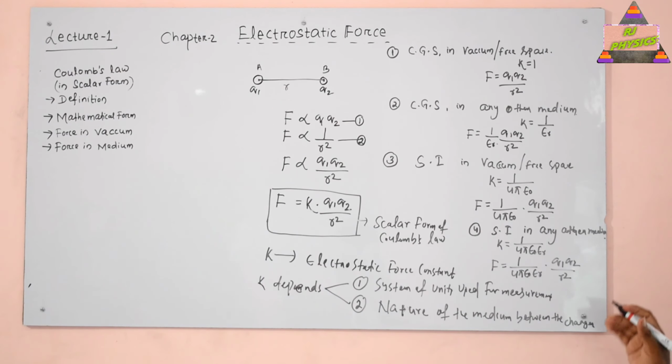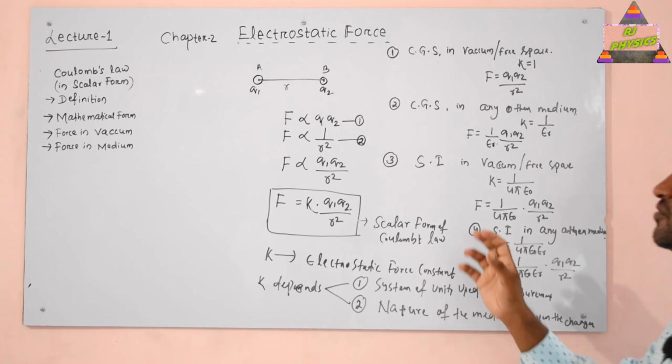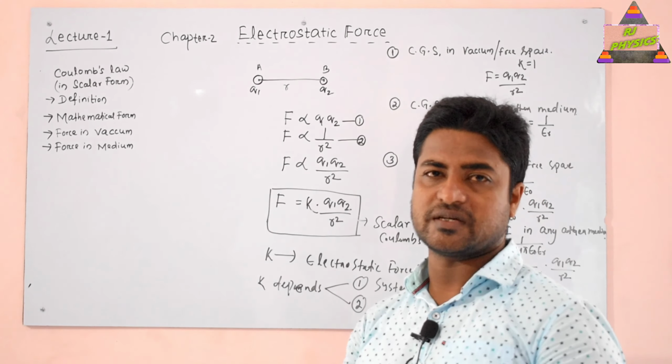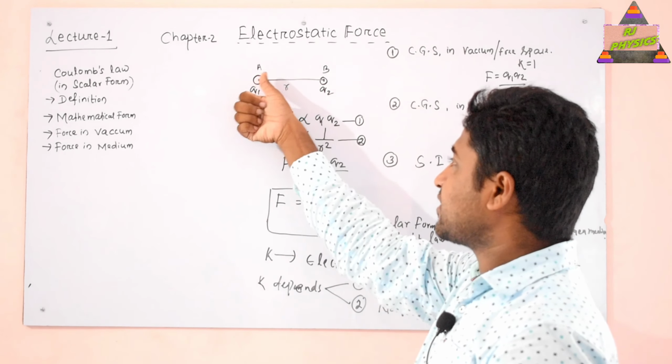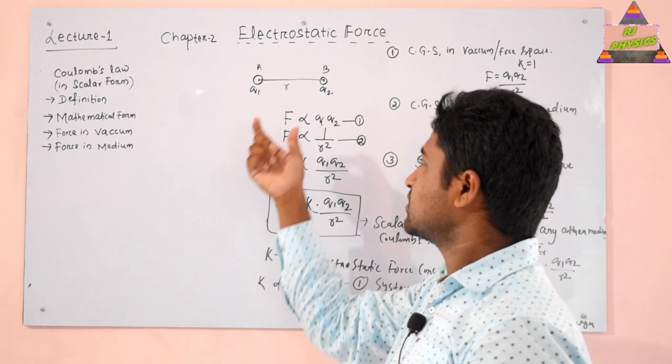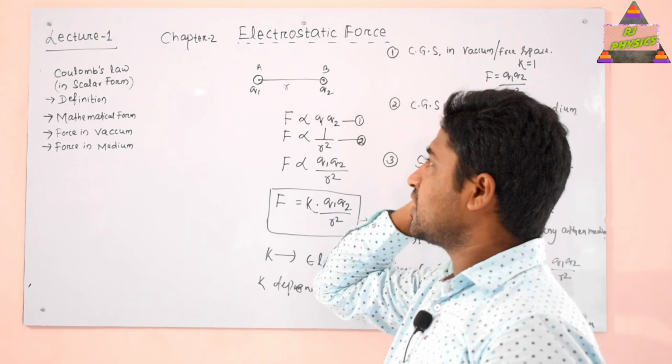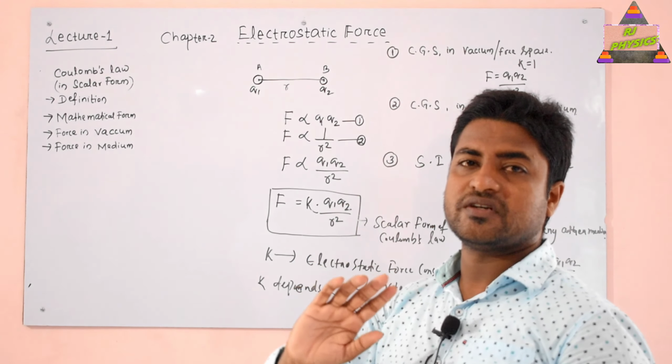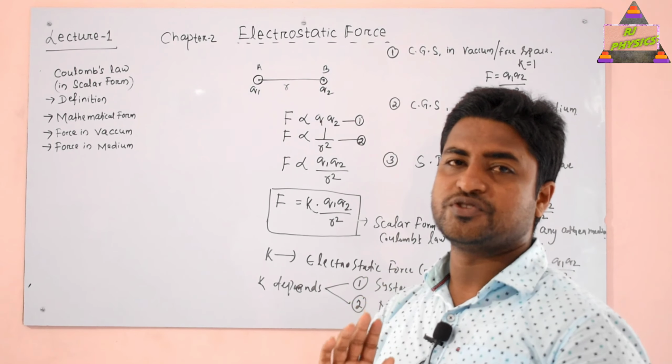So these are the four different forms to be used depending upon the situation. Once again, you have already concluded that the electrostatic force of attraction or repulsion between two point charges at rest is given by Coulomb's law. And what is Coulomb's law? Coulomb's law states that the force of attraction or repulsion between two charges depends upon three things: the magnitude of the charges present on the two objects, the distance between the two charges, and the nature of the medium present between the two charges.